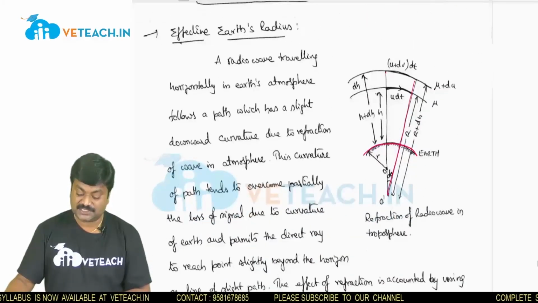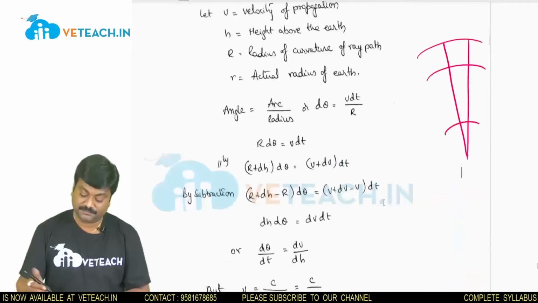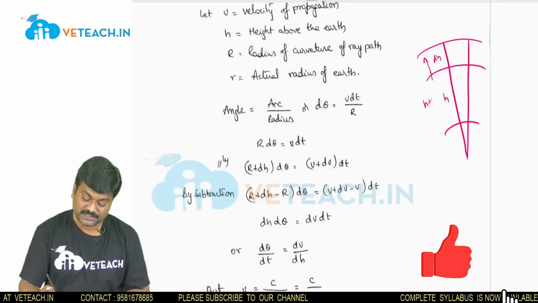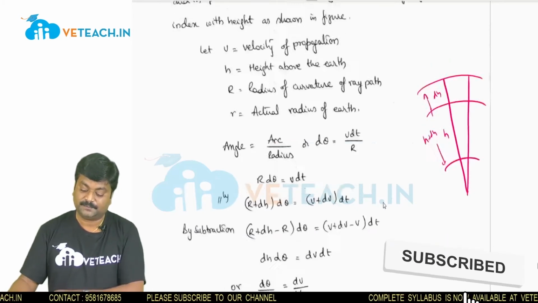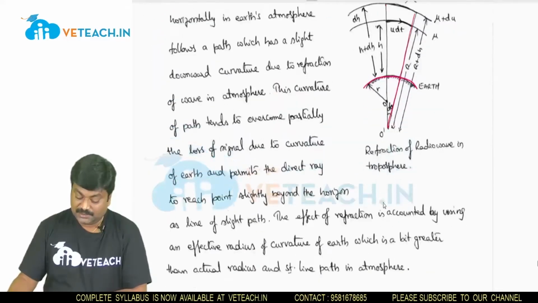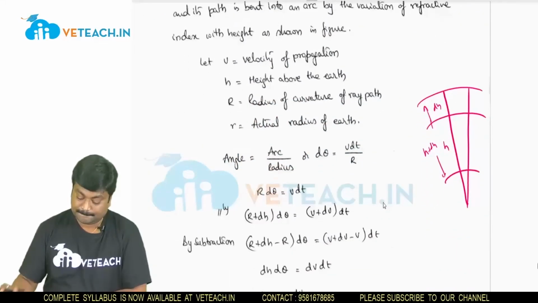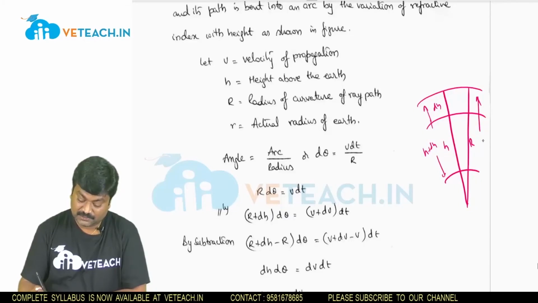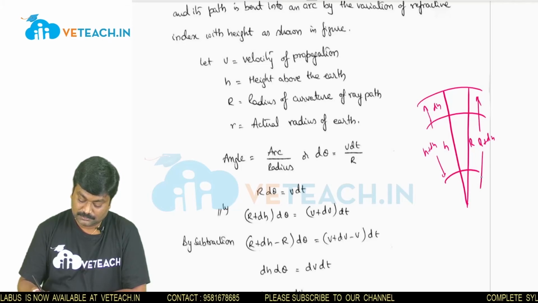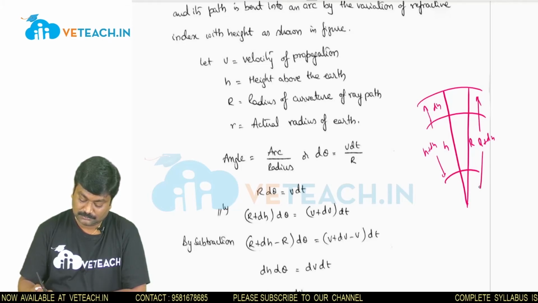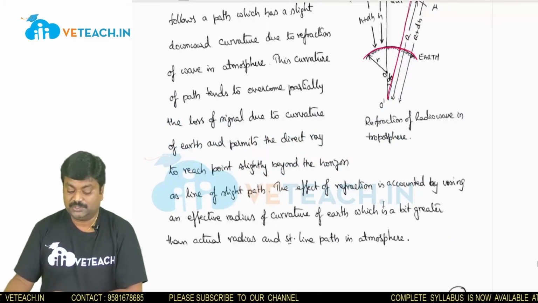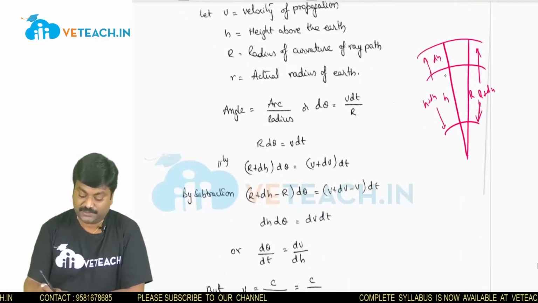So here I have taken h and dh. So this is one, where I will be having h plus dh as the total length, and another one is r. So I will be having the total length as r plus dh. Now the variation is considered to be as u of dt,